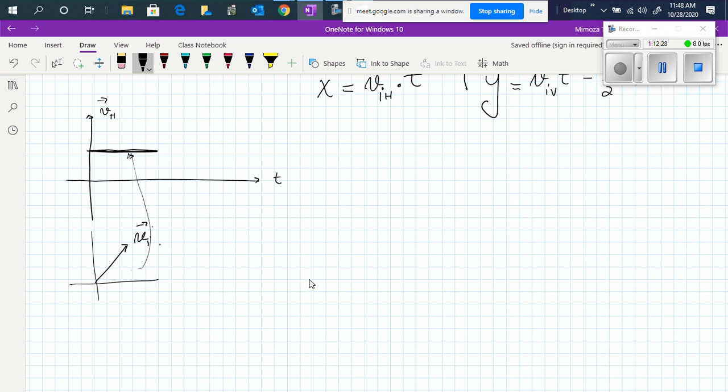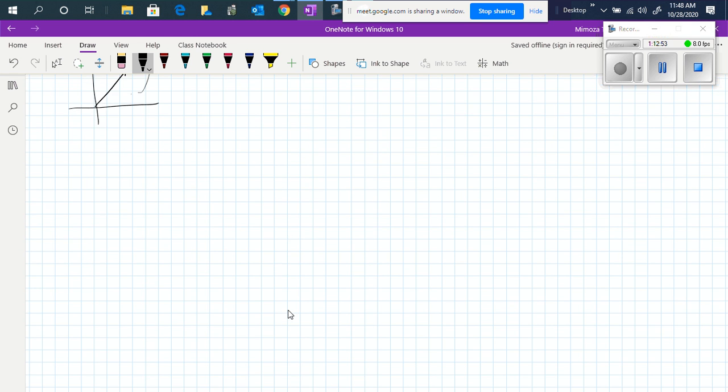then the acceleration for the horizontal will be 0, while the displacement of the horizontal will be this one here, and the slope will be the horizontal component of the initial velocity. And for the vertical component of the velocity,